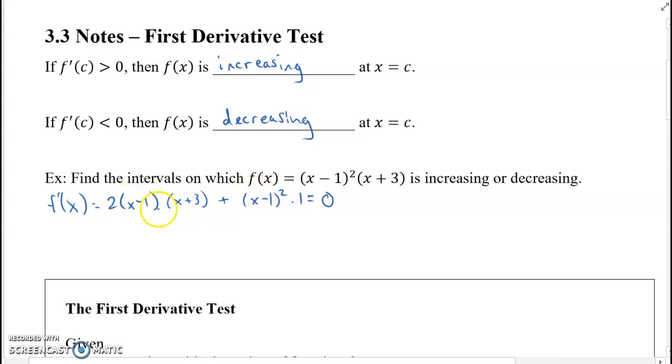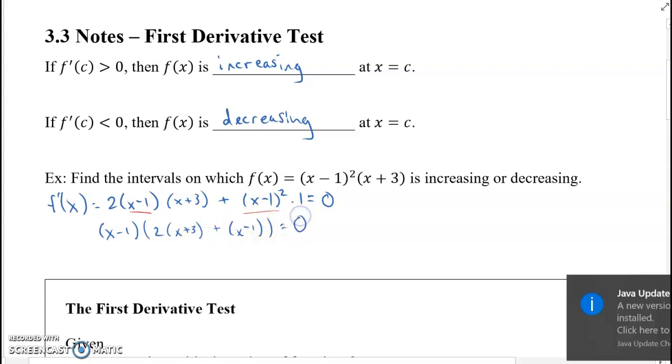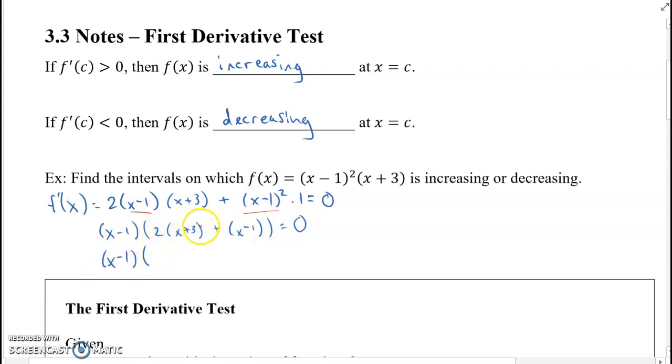So we can distribute here, but I don't want to distribute because I noticed that there's an x minus 1 in the first term, and we have an x minus 1 as a factor in the second term, so I'm going to factor out that x minus 1, and in the first term I'm left with a 2 times x plus 3, and in the second term I'm left with a 1 times x minus 1. Still our derivative, still equal to 0, and now we can distribute the 2 and get 2x plus 6 plus x minus 1 is going to be